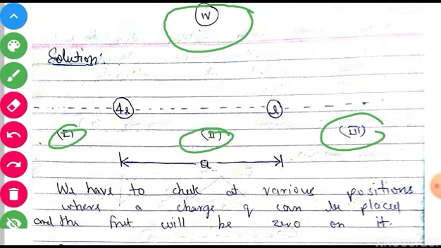We can check one by one in all these four regions. There is also a point below the line joining 4e and e. You can take this as a fifth point, but it will be similar to the fourth one, so I haven't considered it as a separate point. So let's check one by one at every point. First of all,